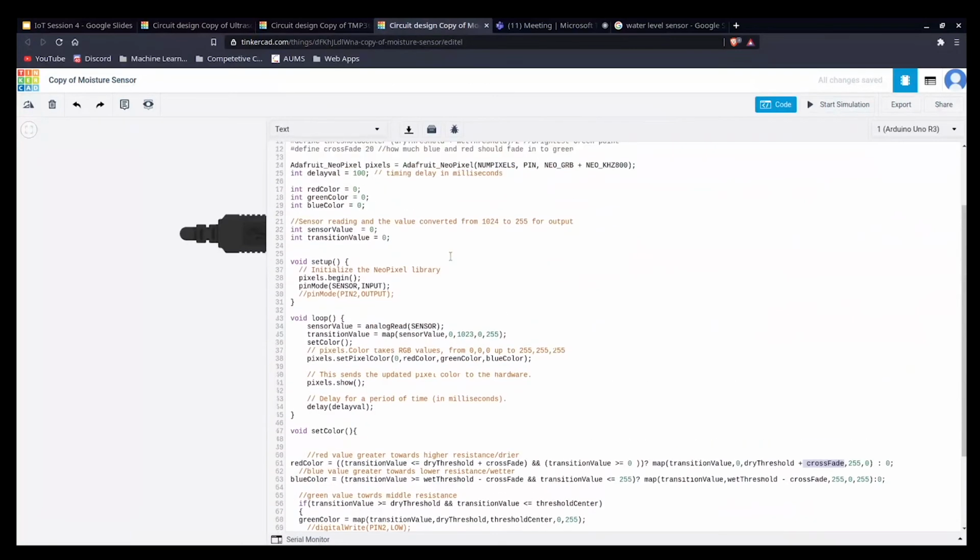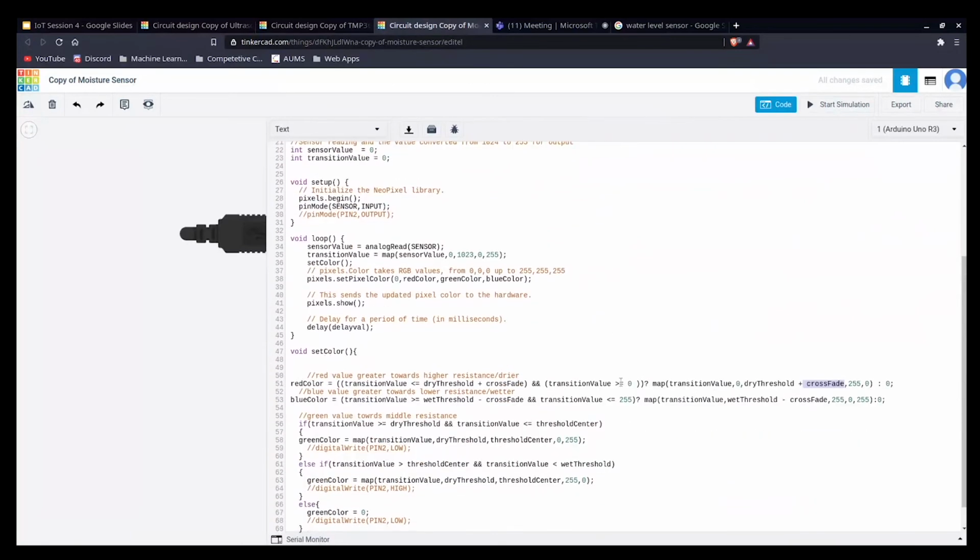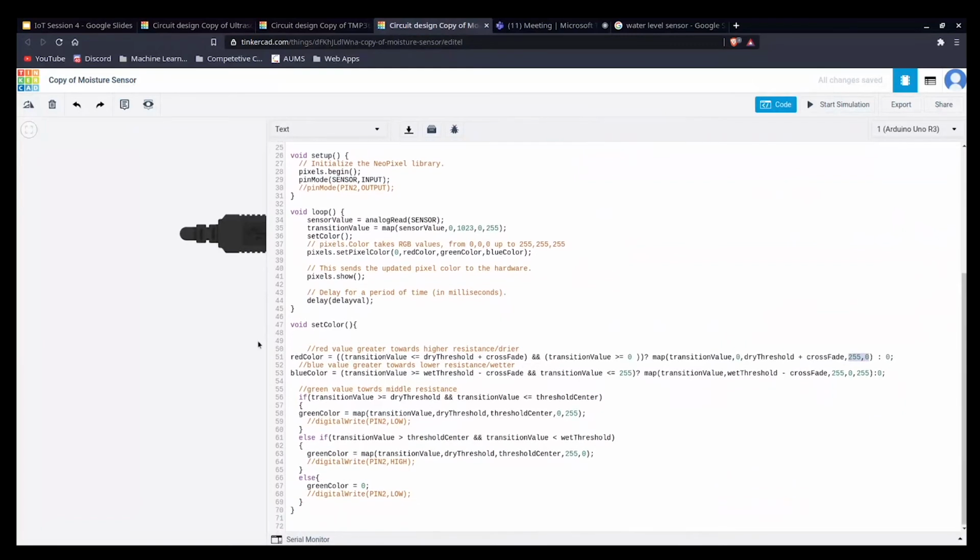So we keep adding the number 20 accordingly to change the red color to move towards the other one, and then we convert it to the range of 0 and 255. Same with the blue color: we check the condition for wet or dry, and accordingly we map and convert these values, and then convert them into the range of 0 and 255.